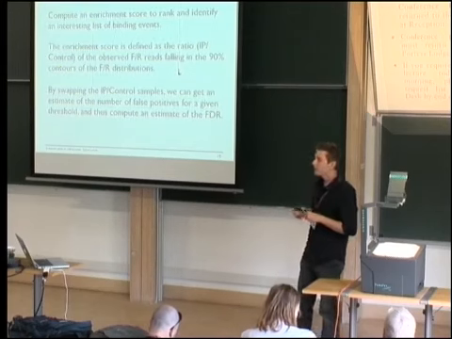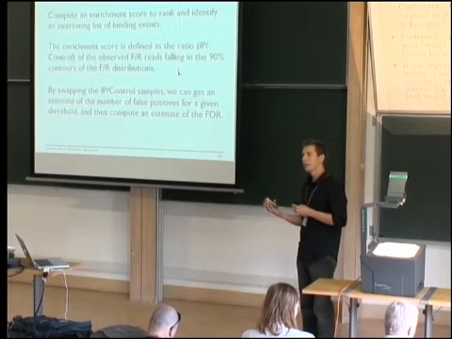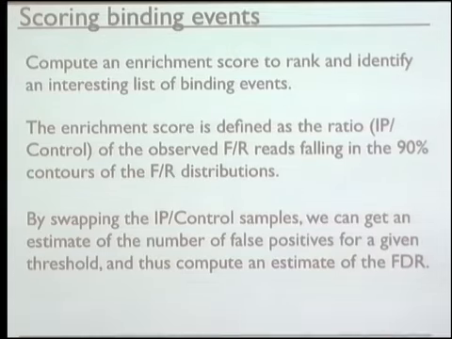OK, so this tells you how we estimate the binding site locations. Of course, when you're going to scan the whole genome, you're potentially going to get lots of false positives as well, right? If you've got a few reads, or maybe if the profile is not very good, you're going to get some false positives. So the way we're going to deal with that is that we're going to score each region,